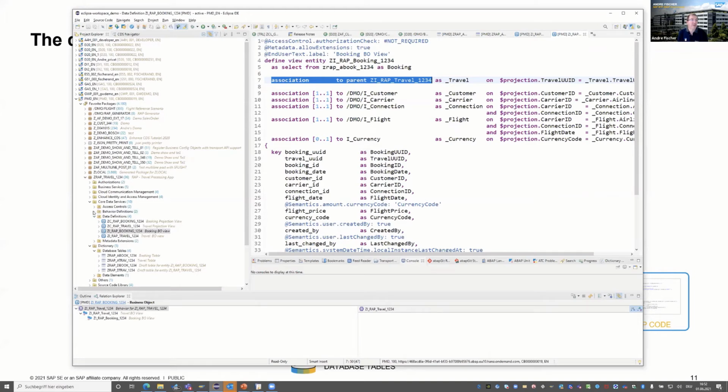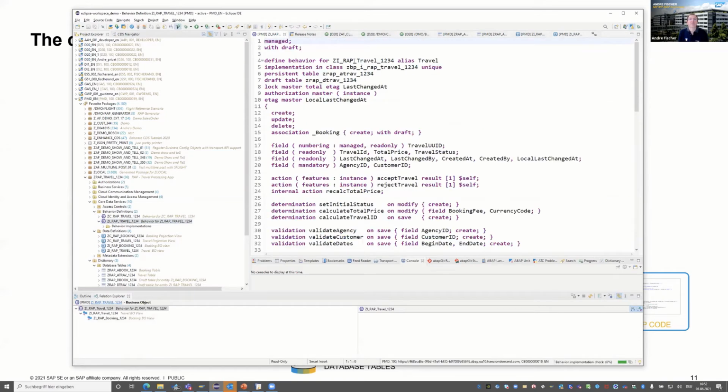The behavior is defined here in the behavior definition. Here it is specified what the table is where the data is persisted for this travel entity. You will find information about the E-tag, whether it supports create, update, and delete, and this is an association which is create enabled. So bookings can only be created while navigating from the parent entity.